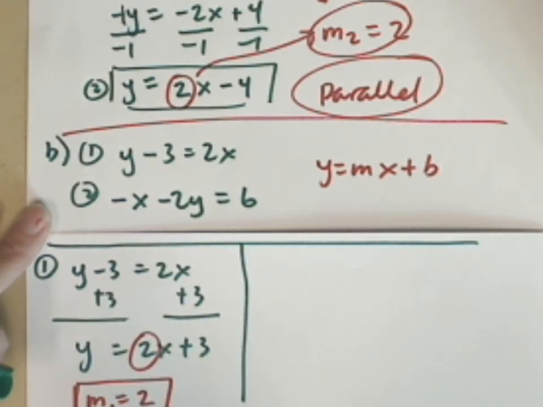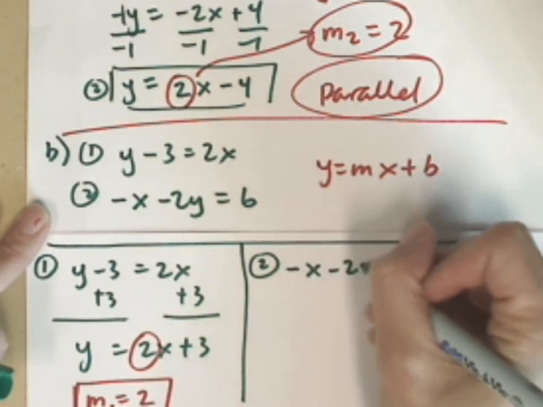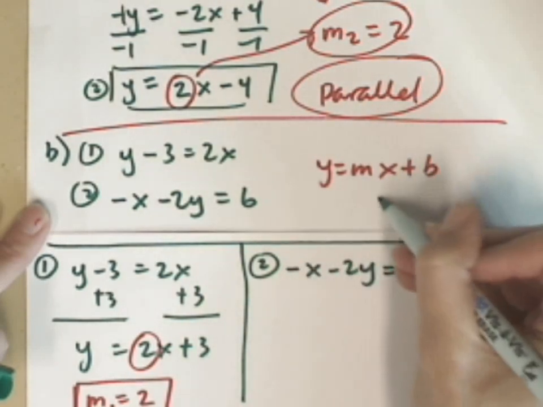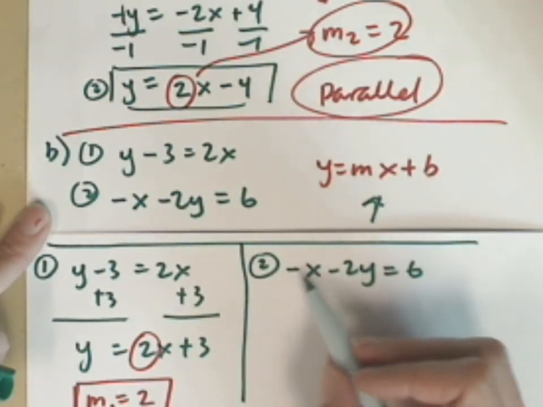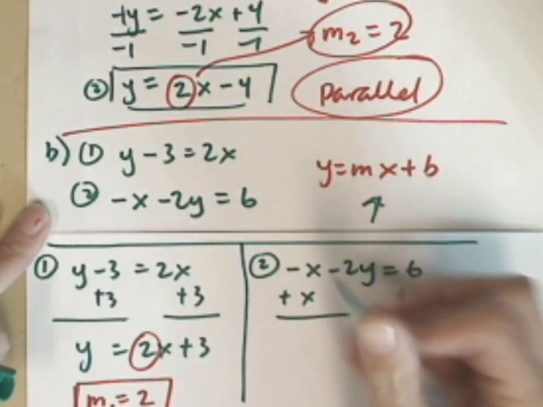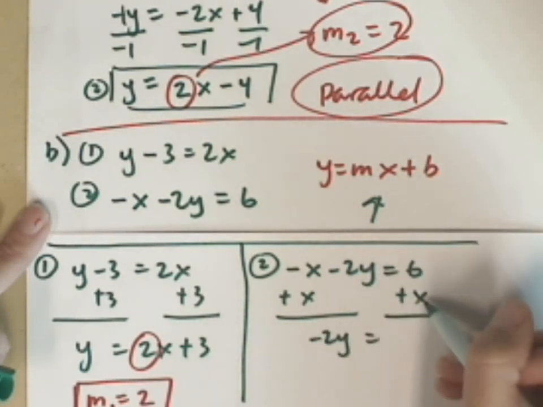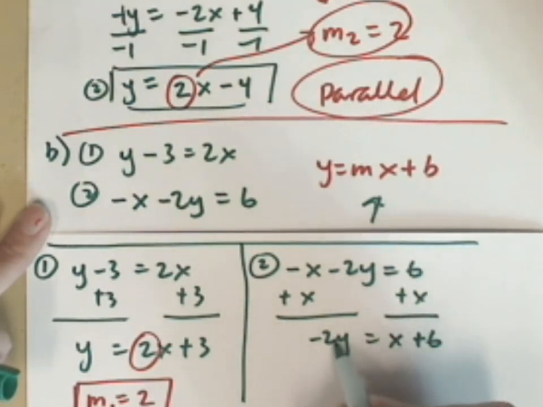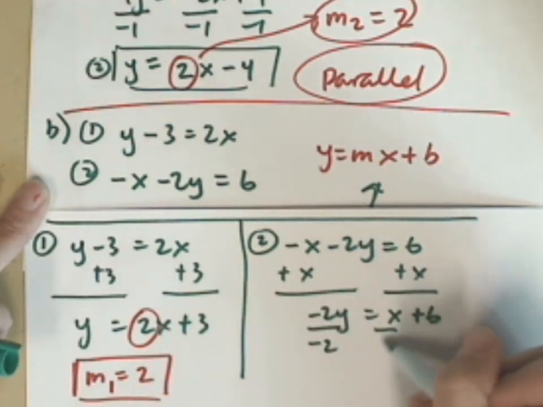Okay, let's see what we've got for equation number 2. Equation number 2, negative x minus 2y equals 6. I really want that form though. I want the y's on one side, so I start by moving the x. I will add it to both sides of that equation. That's 0. Negative 2y comes down. X term first, so x plus 6. But now I've got negative 2 times y. I need to divide all 3 of my terms by negative 2 so I can isolate that y,